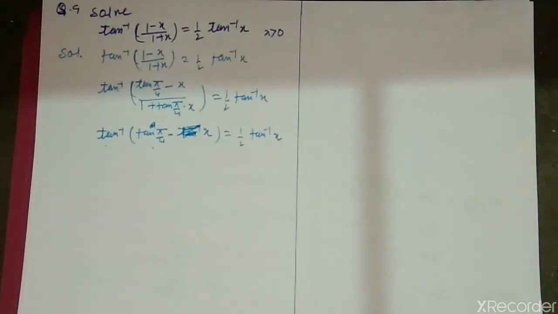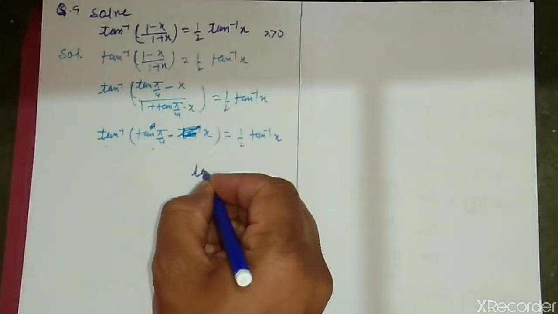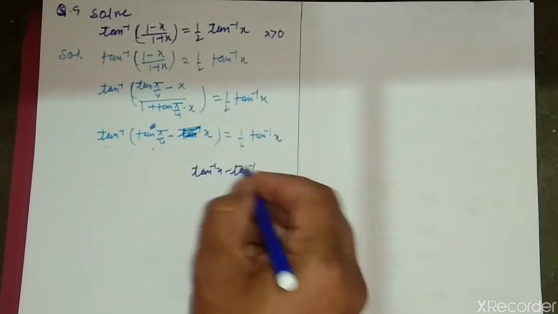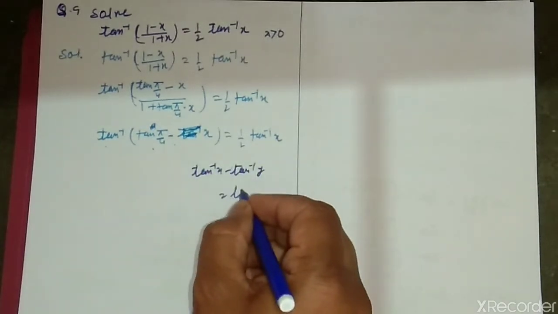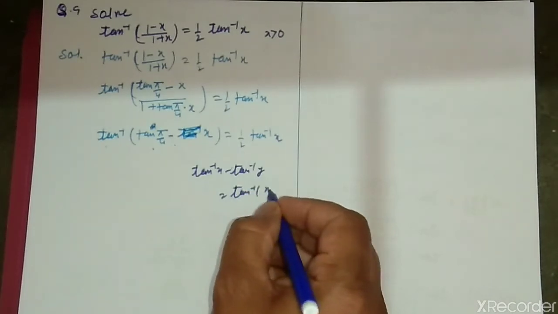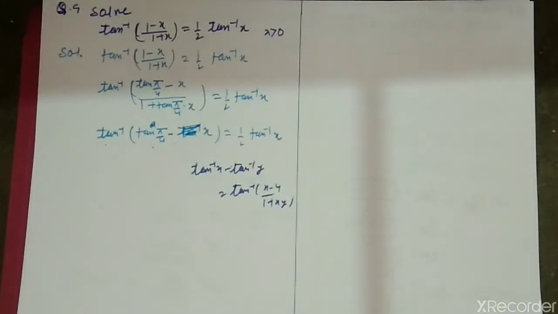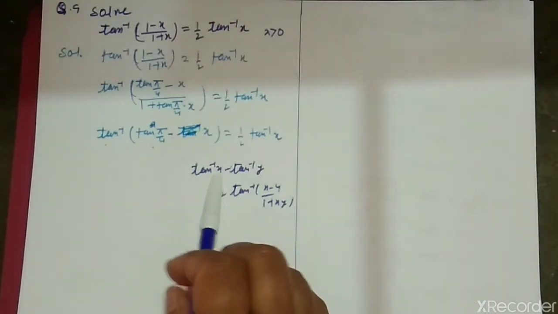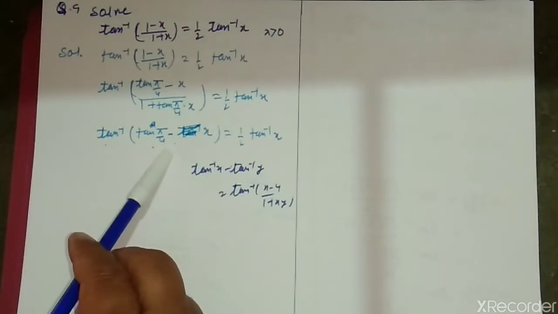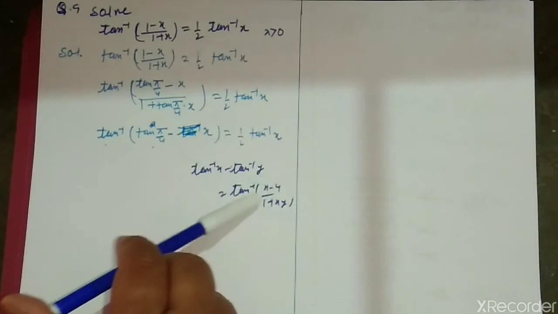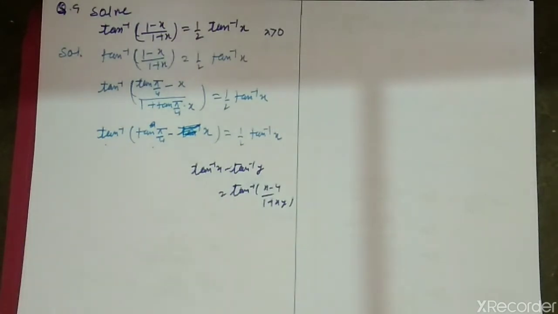प्रॉपर्टी को हम लोग लिख लेते हैं यहाँ पे. देखिए प्रॉपर्टी होती है हमारी tan इनवर्स x माइनस tan इनवर्स y इज इक्वल टू tan इनवर्स (x माइनस y) upon (1 प्लस एक्स वाई). ठीक है, अब देखिए यहाँ पे x की प्लेस पे हम लोगों ने क्या लिया है, यहाँ पे tan पाई बाई 4 है और y के प्लेस पे हमारे पास x है, ठीक है। तो ये है x माइनस वाई अपॉन 1 प्लस एक्स वाई। तो हम लोग इसको ऐसे लिख सकते हैं, ठीक है। आगे चलते हैं।